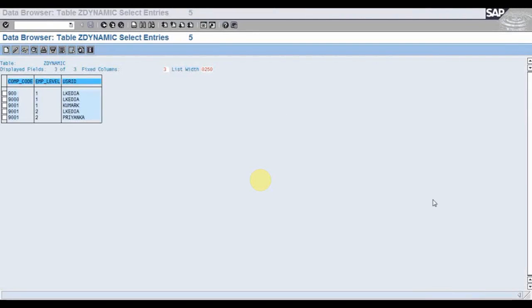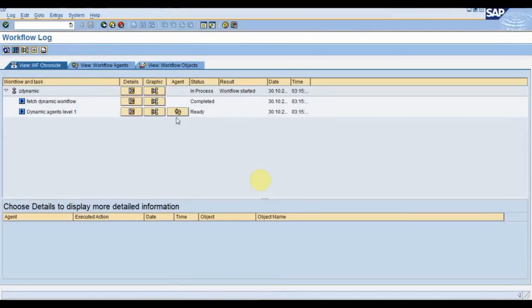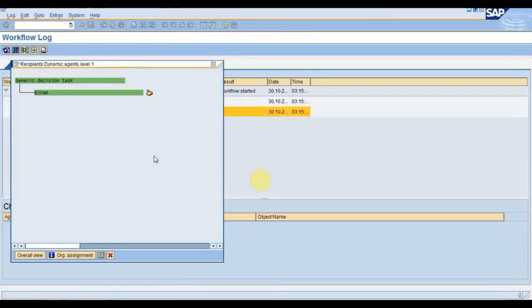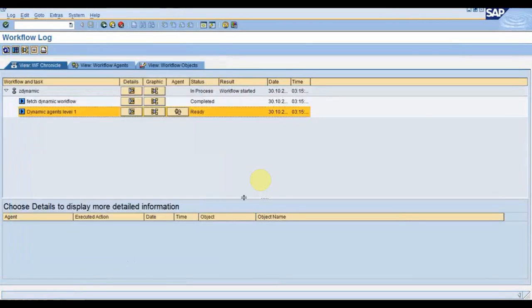It will be lying with K Kumar. Yeah, correct. Some other people were also correct. So now let me see in the agents. You can see here it's lying with Kiran. So it is Kumar K. So now what I will do, I will approve with this ID and we'll see what happened.